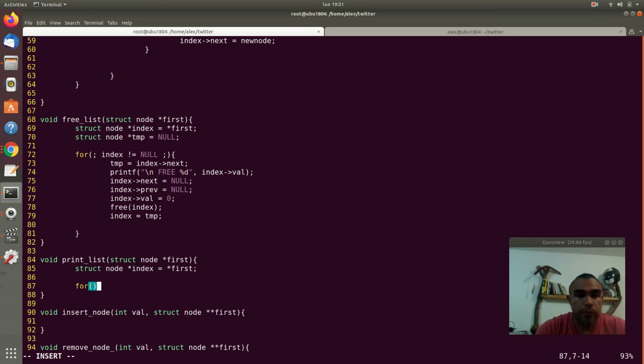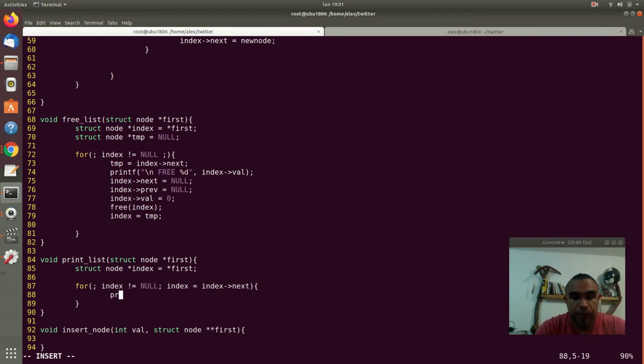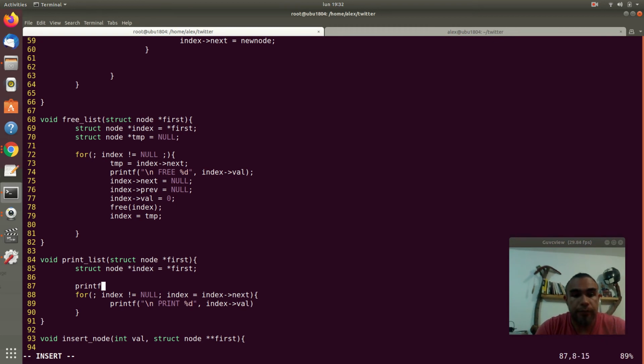So for index not equal to null, index equals index next, and let's print f the value of index val,